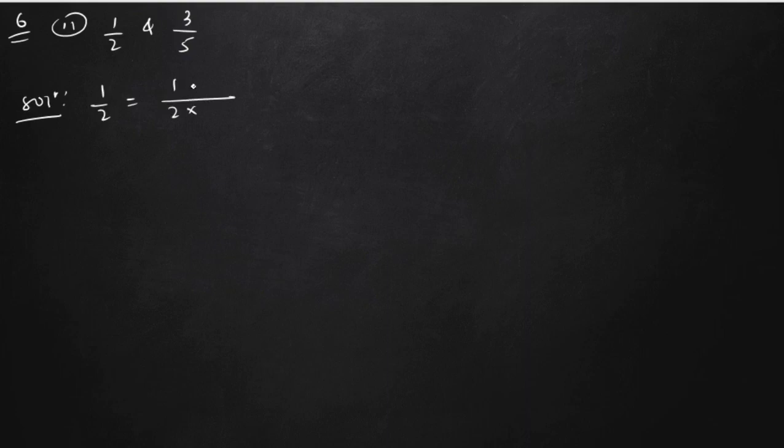Question number 6 is also the same. In question number 6, we have to find three rational numbers. So let us do one question and the rest will be homework. Suppose I do question number 2, 1 by 2 and 3 by 5. I will use the shortcut method here. First of all, we need to make the denominators the same: 1 by 2, and we have another number, 3 by 5.